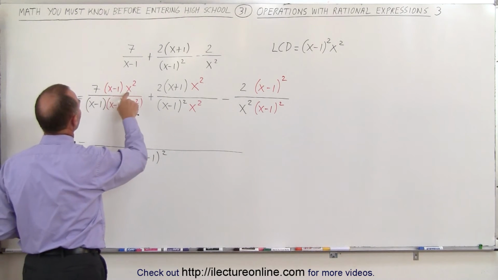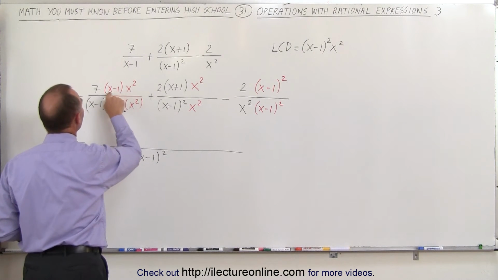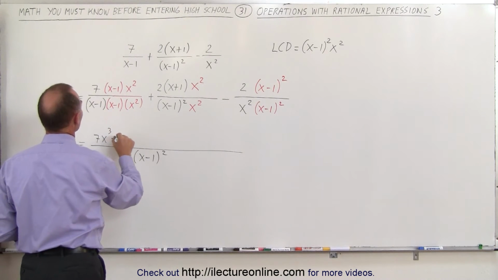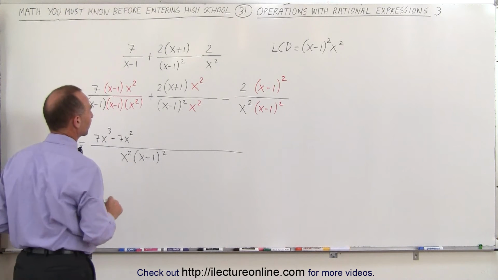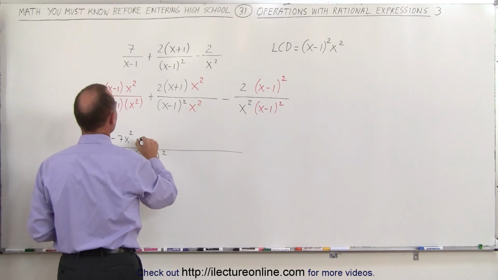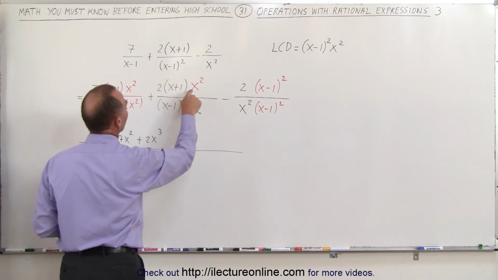So first of all, I can multiply this times this, so 7 times x squared times x, and 7 times x squared times negative 1, I end up with 7x cubed minus 7x squared. Here, 2 times x squared times x gives me plus 2x cubed,